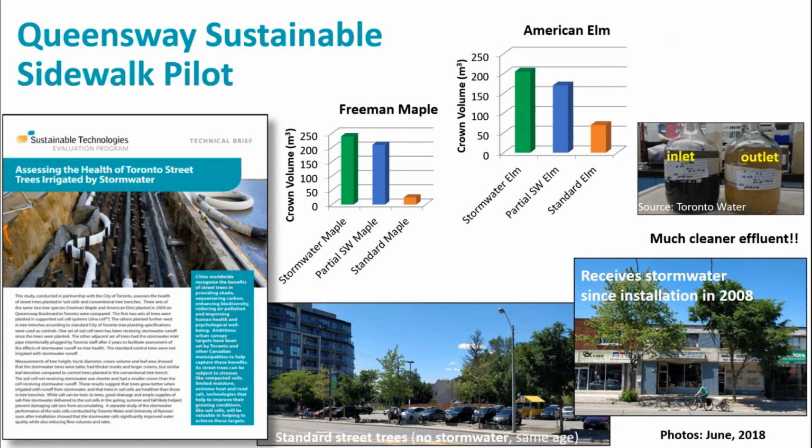at the PPG site. So we can see that these trees received stormwater since installation in 08. Standard tree species are a lot smaller, and they had no stormwater at the same age. And this is a really cool picture, provided by Toronto Water. The inlet, this is what our stormwater looks like when it comes off our roadways, streets, and sidewalks. That's what it looked like coming into the system. That's how the water looked coming out of the stormwater tree trench system. So you can see it's really removing a lot of those sediments,